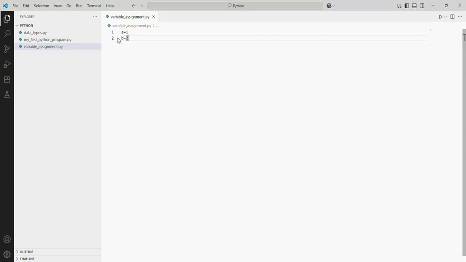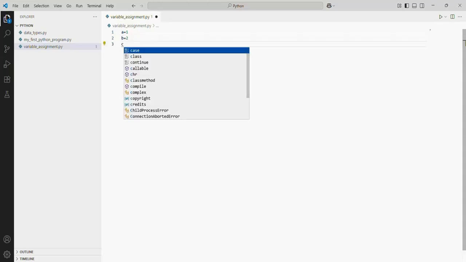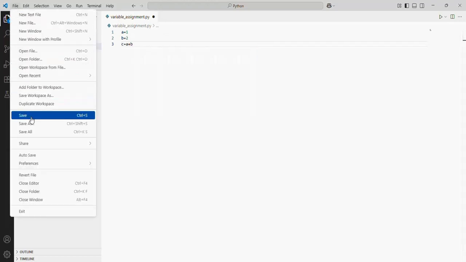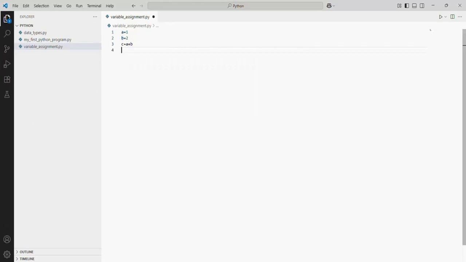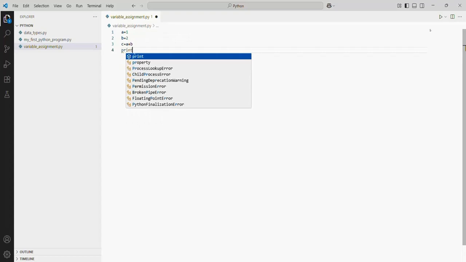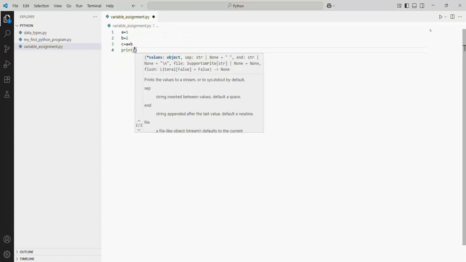Okay, so now we have seen that a is equal to 1, b is equal to 2. So we can say c is equal to a plus b. Then I save it. Okay, and I go to the next line, and if I want to display the answer, I will say print, open parenthesis, c,